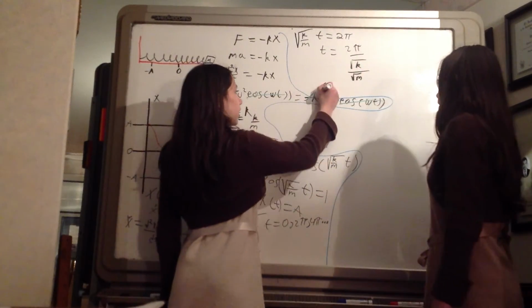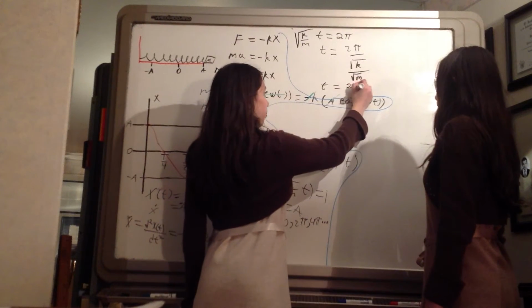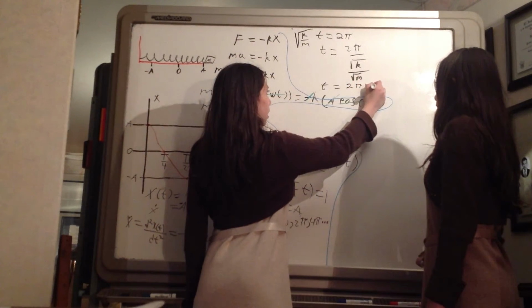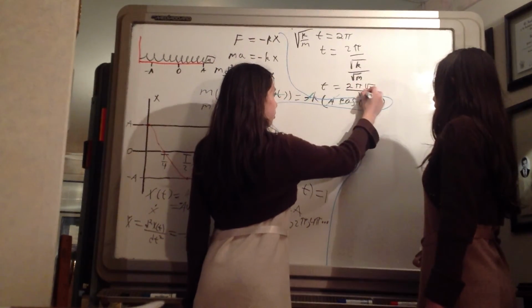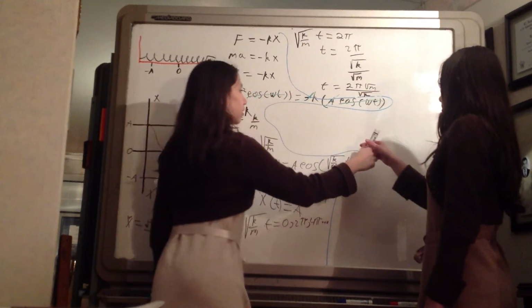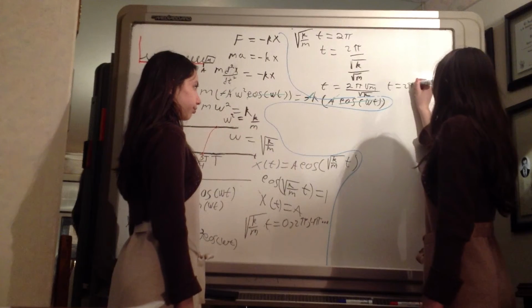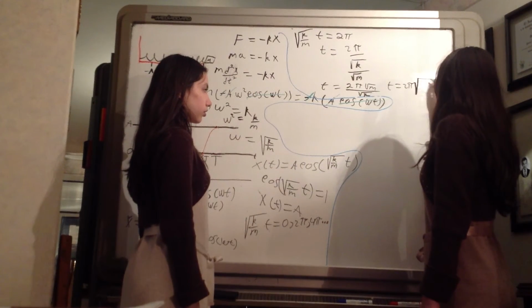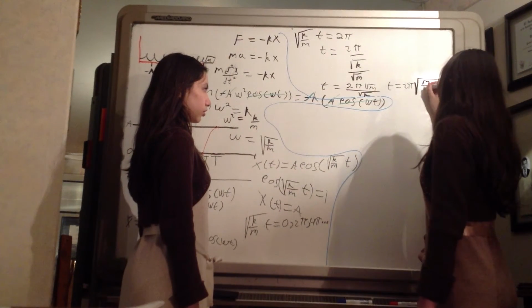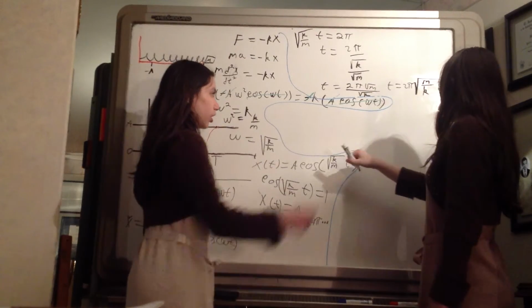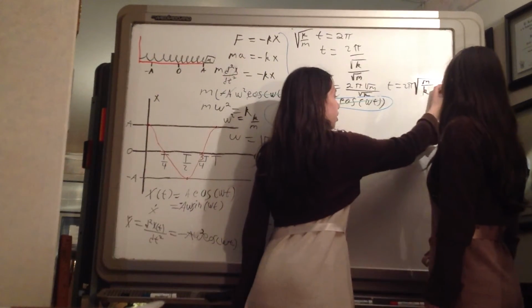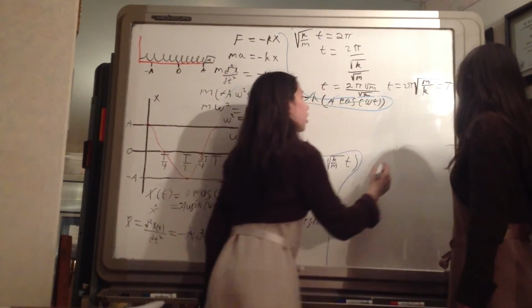And so t is equal to 2 pi times the root of the mass over the root of the constant of the spring. And so t is 2 pi times the root of the mass over the constant of the spring, and this is equal to the period,